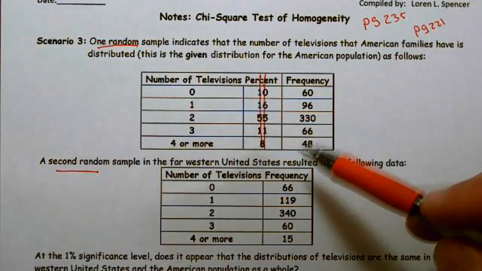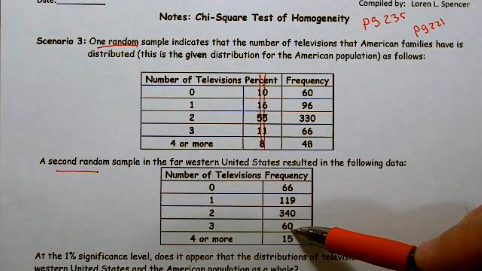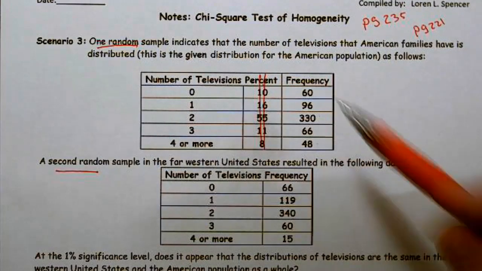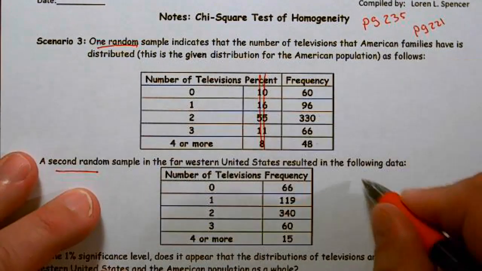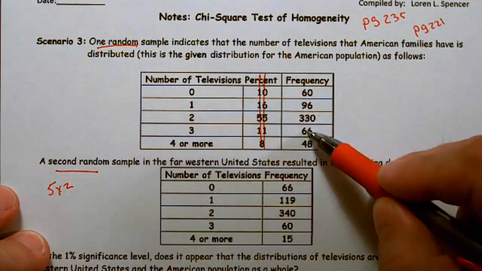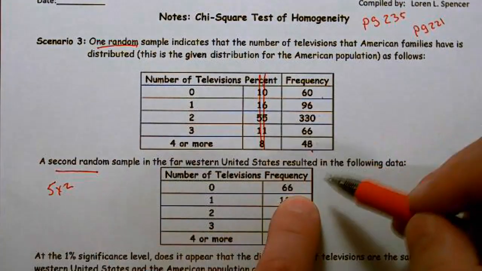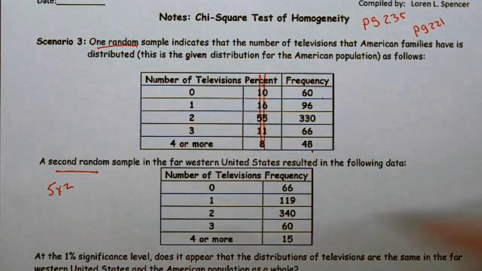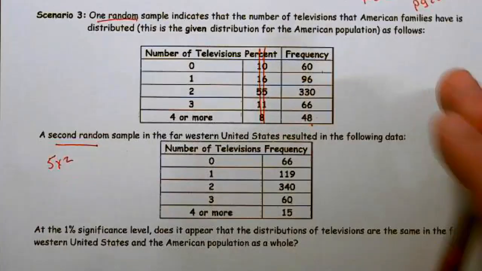And so we have two frequencies. Consequently, we essentially have a 5x2 matrix because we have 1, 2, 3, 4, 5 rows and 1, 2 columns. These are not expected values. This is what we actually sampled from two samples. So this is not expected values. Because we have multiple samples, we have multiple populations. This is a chi-square test of